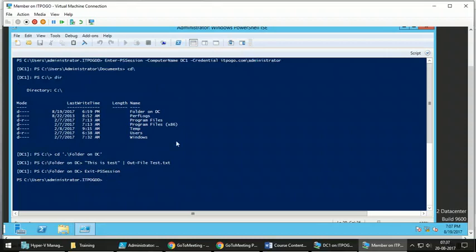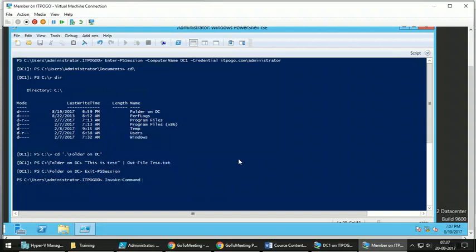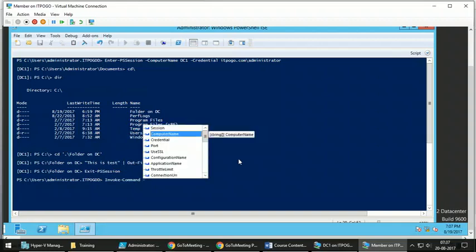But when you have to connect to multiple computers for running some command, the command is Invoke-Command. Using Invoke-Command, you can specify multiple computer names here.